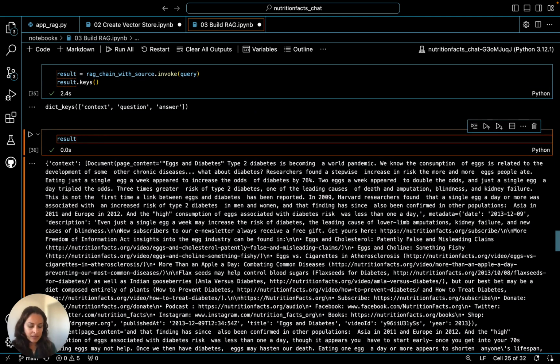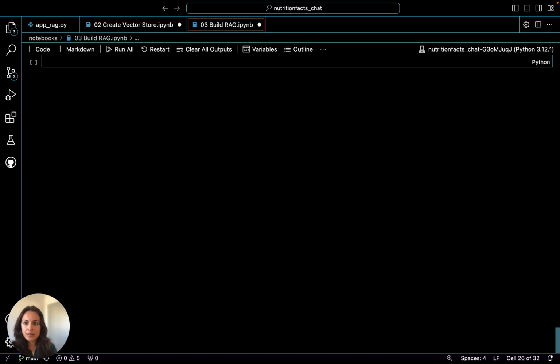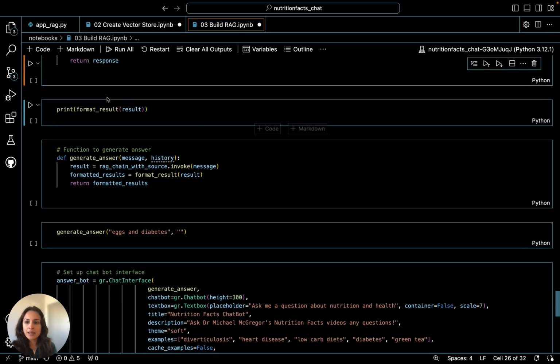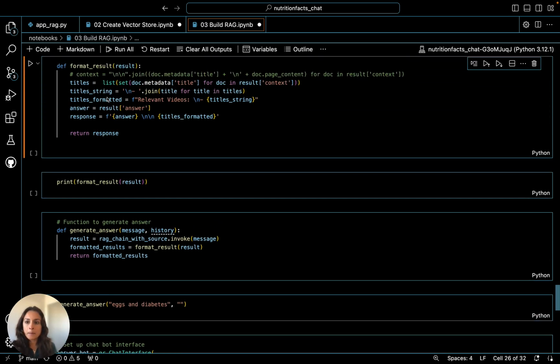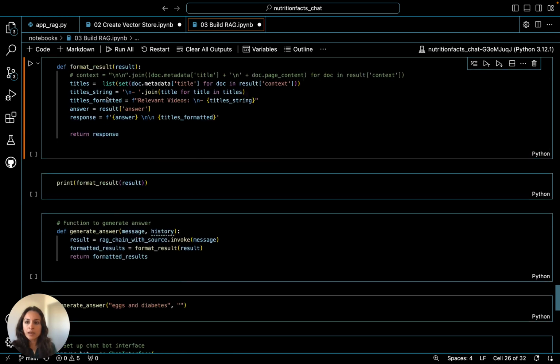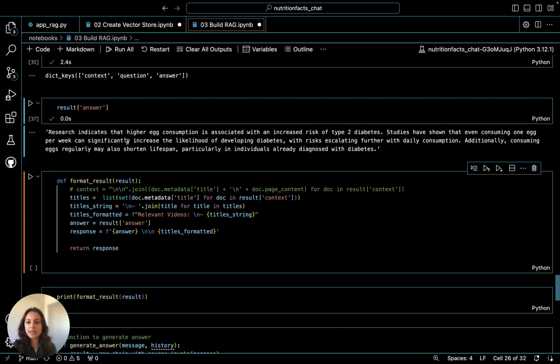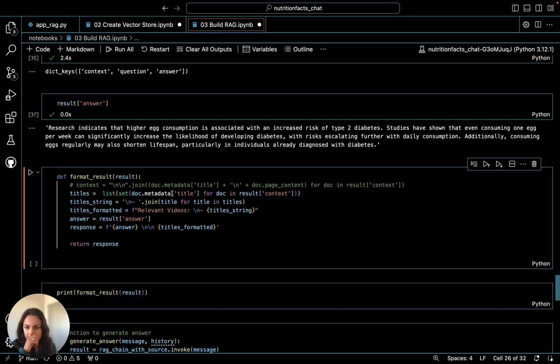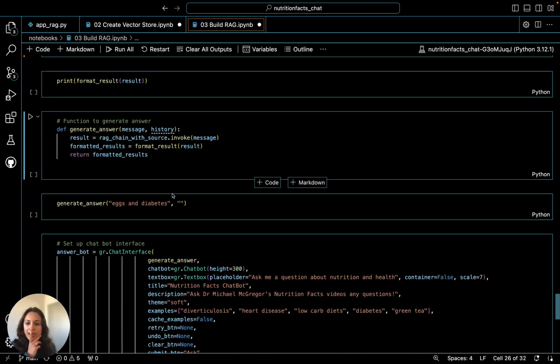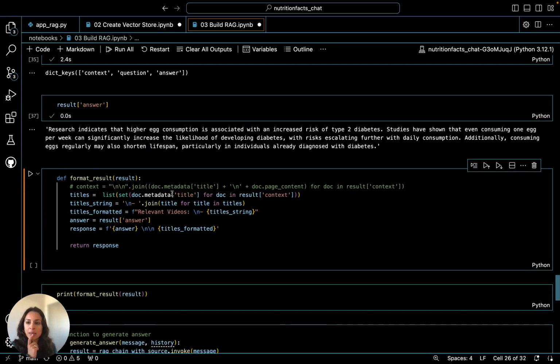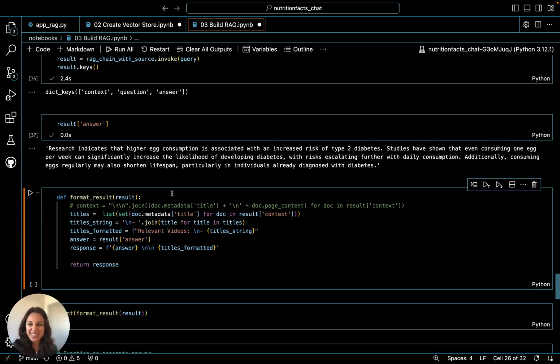And then here is my answer. Where'd it go? And here's the answer. Okay. So you can see here, I kind of need a post-processing step, right? Because I'm getting this context, question, and answer, and I can't just